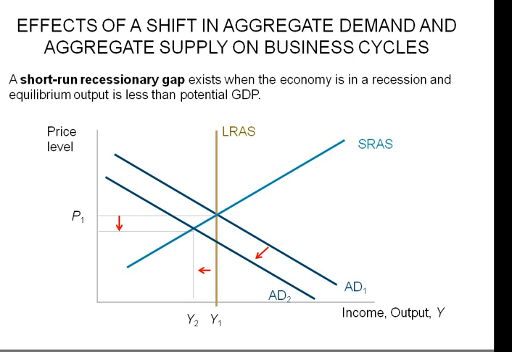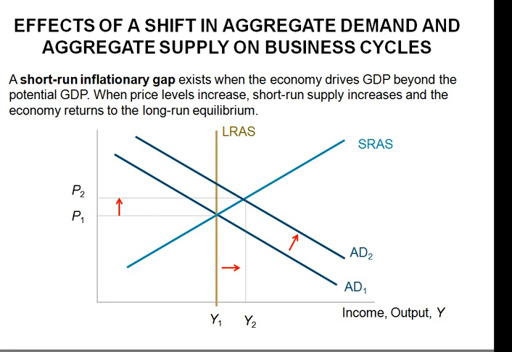So we are having a slowdown or contraction in our economy, where aggregate demand is less than the demand at the equilibrium level. So the supply is also less. We are at a lower level of our potential GDP. Y1 is potential GDP, but we are at Y2 which is lower than Y1, and we are having a lower price level, which is P2. It should be P1 but it is P2.